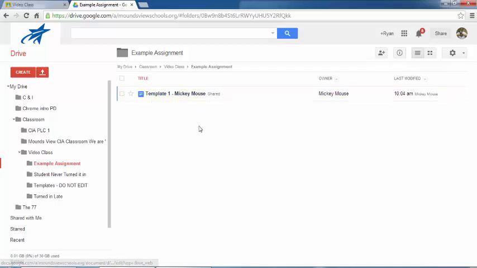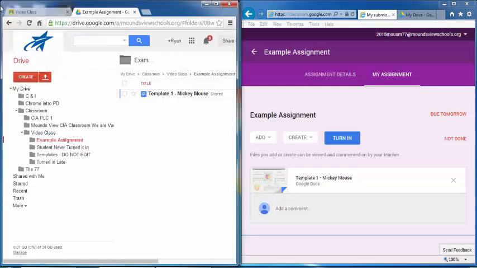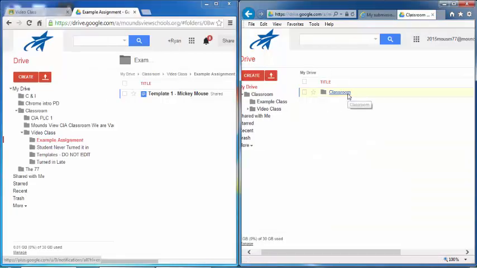So this says Template 1-Mickey Mouse. That template is now assigned to my student, and you look over here where it says owner. It says owner is Mickey Mouse. Once you create an assignment for a student, the ownership transfers over to that student. So in the student's drive, if they click on their classroom folder,